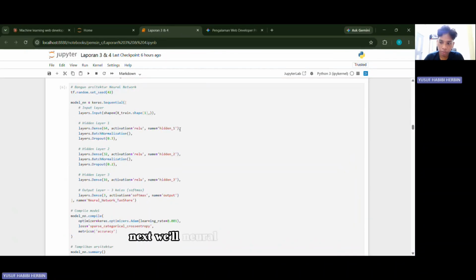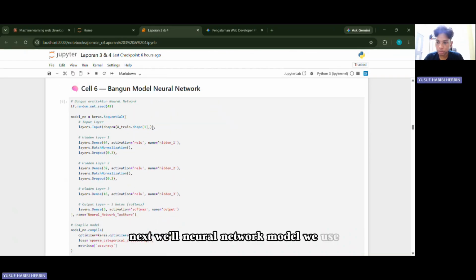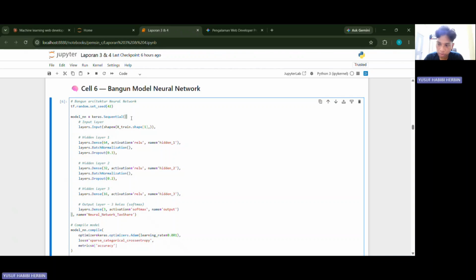Next, build neural network model. We use Keras sequential model, which means we stack layers one by one. The model has an input layer, then 3 hidden layers that use ReLU activation to learn complex patterns.